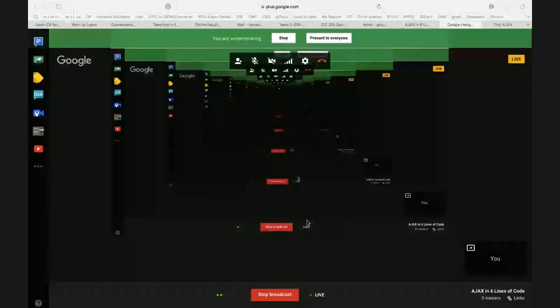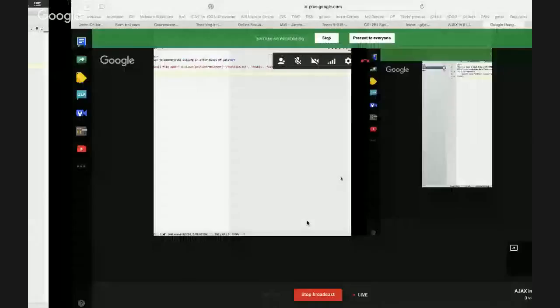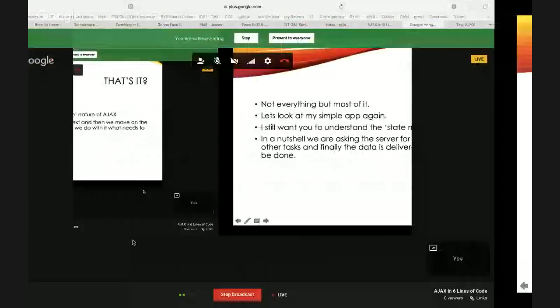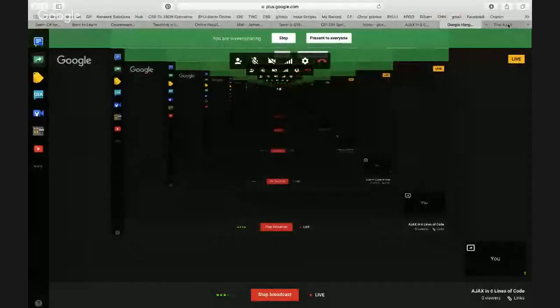So let me share my screen here. Do the fade away to infinity. And let me give you a code demonstration first. Let's see, the code demonstration is over here. This is a very simple application that I created. I have 3 buttons here, and I'm going to demonstrate 3 very, very similar ways of pulling data from the